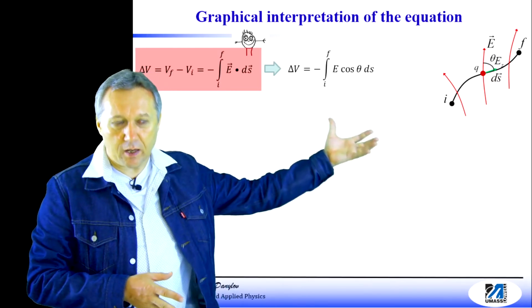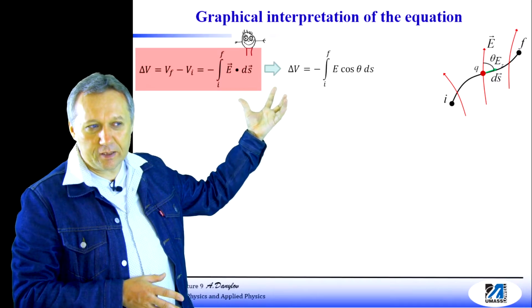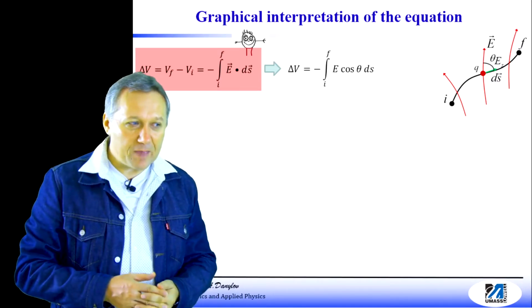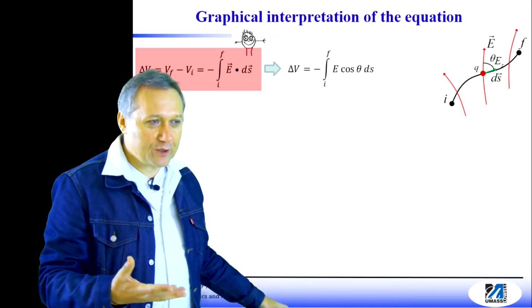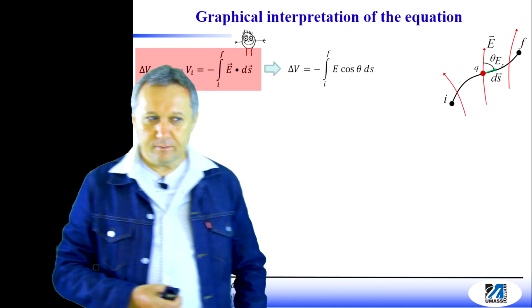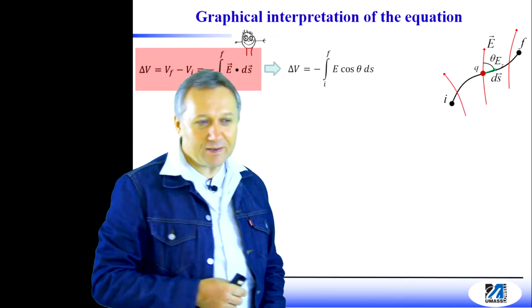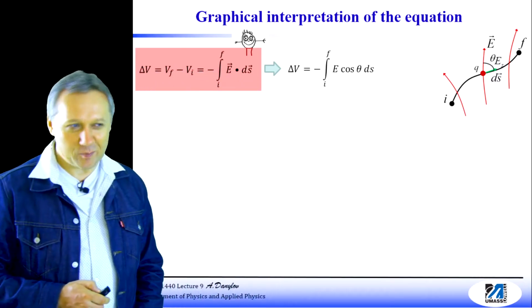So I just wrote explicitly the dot product, the scalar product. And of course, according to the definition of the scalar product, that's how the angle is found. So you just need to position the tails of both vectors at the same point,